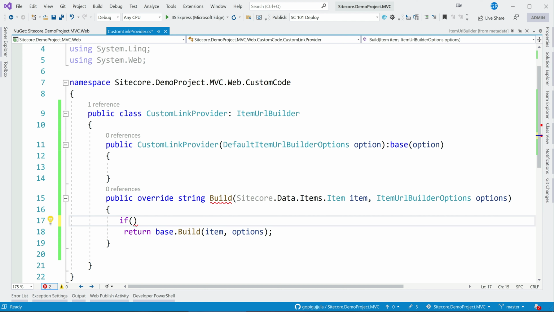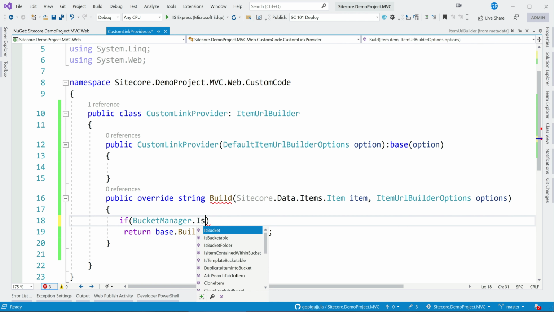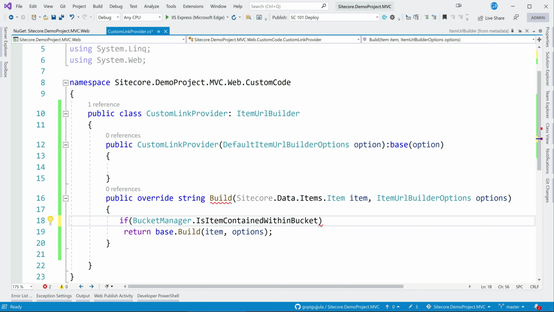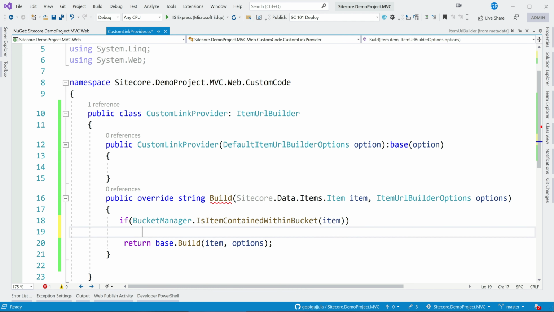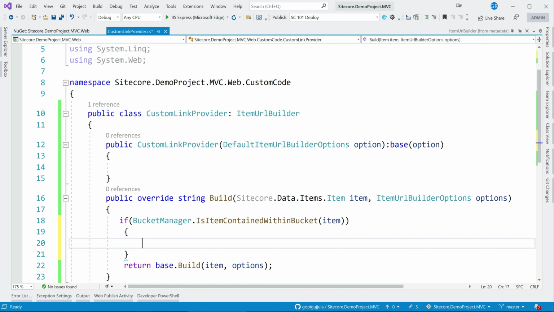So we need to identify first whether the Sitecore bucket manager or item manager says the item is contained within the bucket. So we don't need to code for this, they already have APIs. If this is the case, then do all this operation. If not, then fall back to the default, that is base.build.